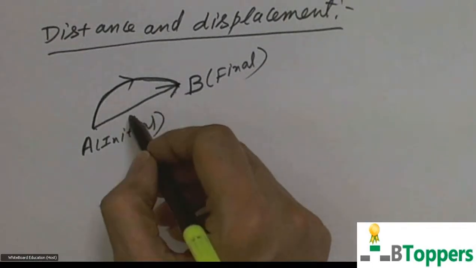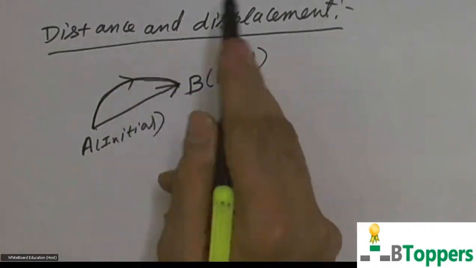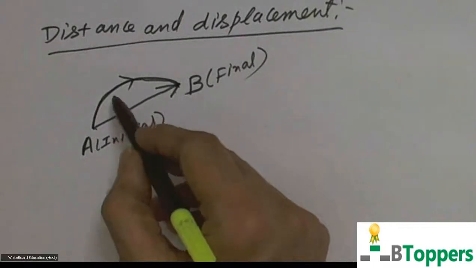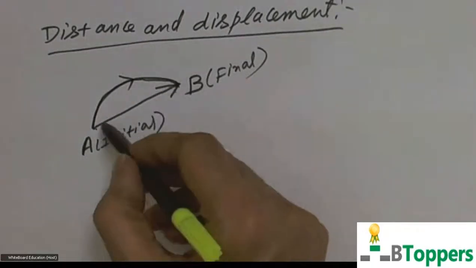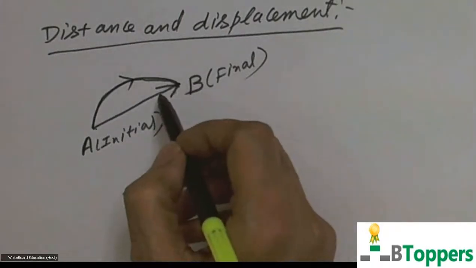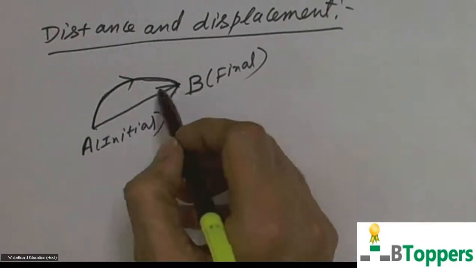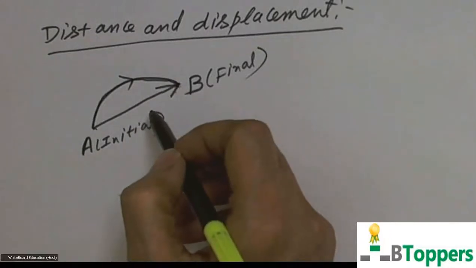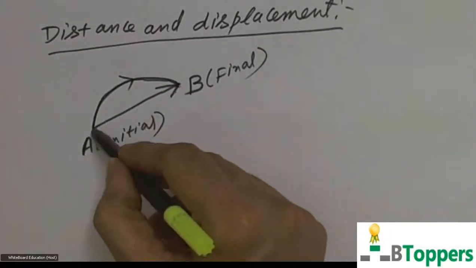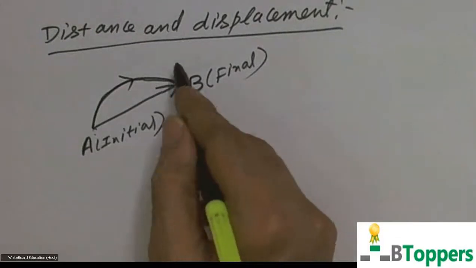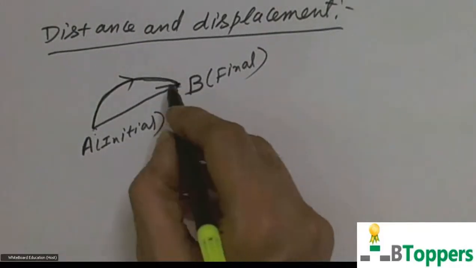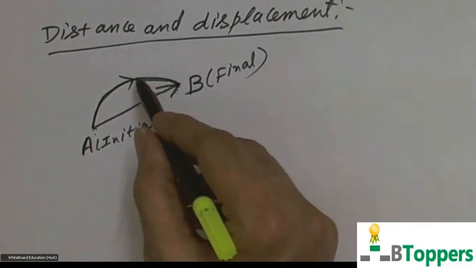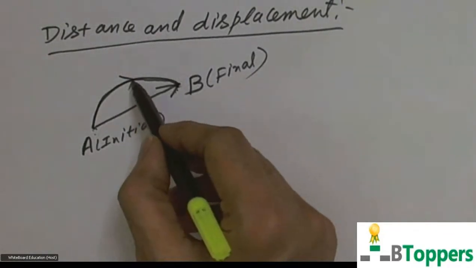So in this example, which is greater, I mean distance or magnitude of displacement? In this case, the distance covered by the particle is greater than the magnitude of displacement of the particle. Or you can say the magnitude of the displacement of the particle is less than the distance covered by the particle. Because the magnitude of the displacement of the particle is defined as the shortest distance between the initial and final positions of the particle, which can never be greater than the actual distance covered by the particle.